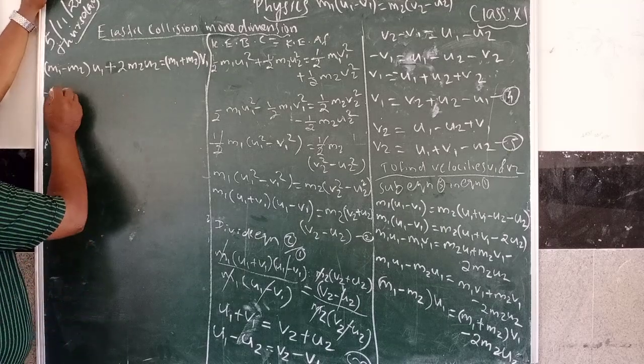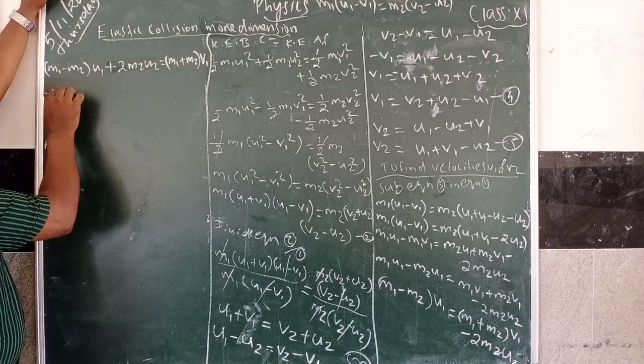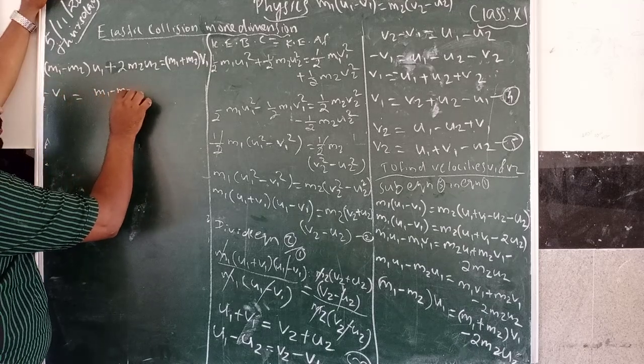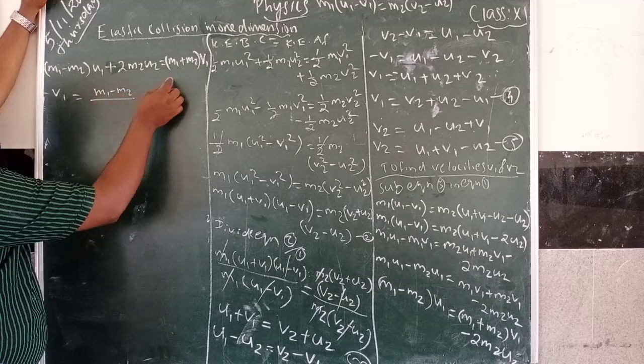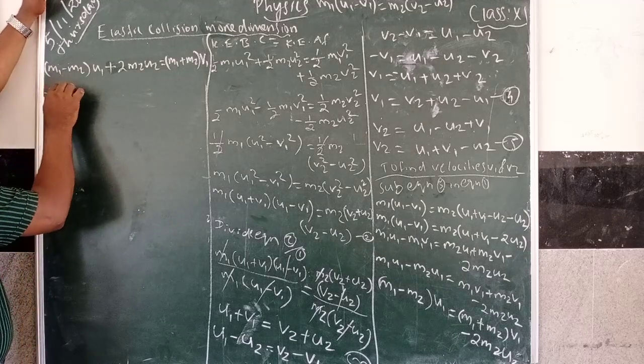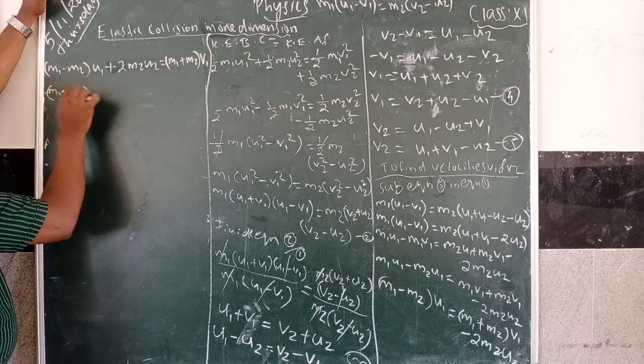Now find out V1 from this. So V1 is equal to M1 minus M2 divided by what? One more step I will write (M1 plus M2) into V1